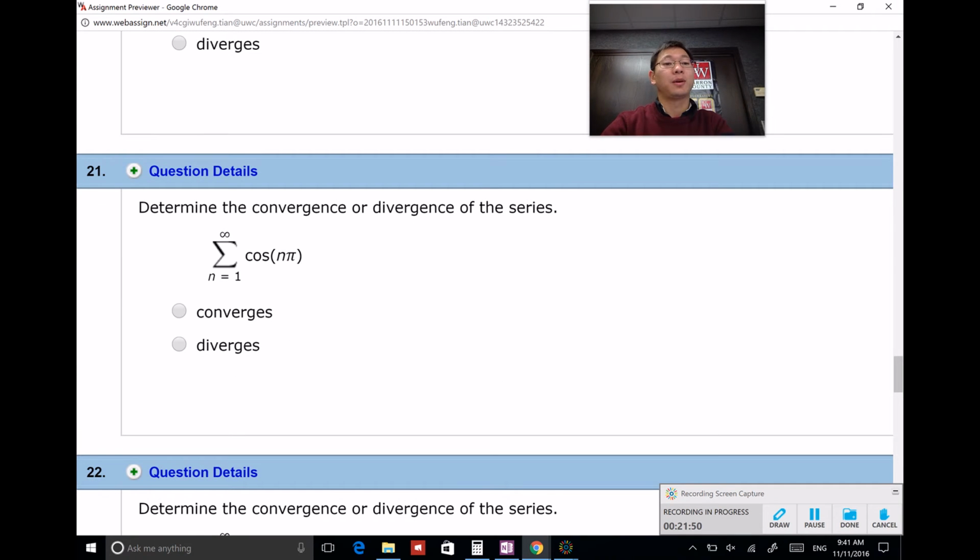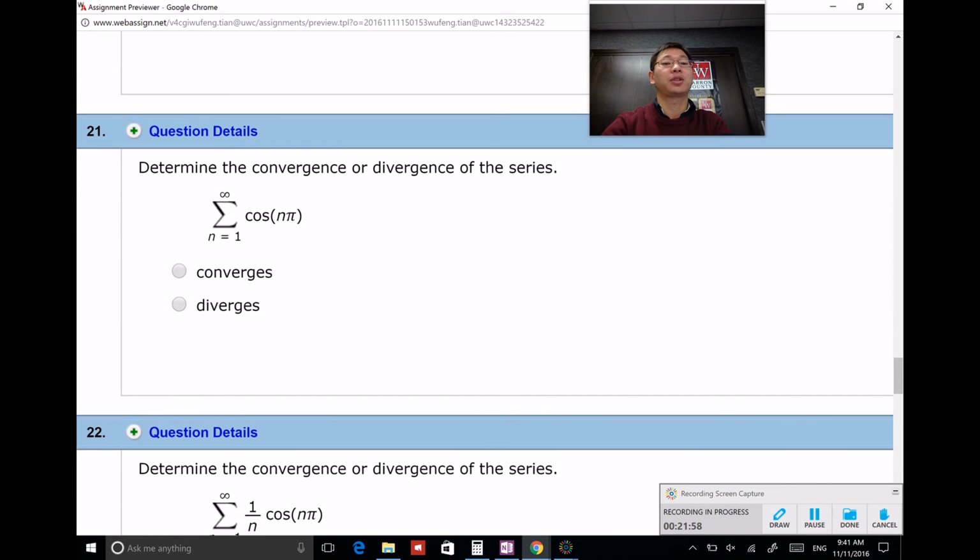Alright, so this one, I'm going to ask a student again. Okay, Matthew, could you please tell me if this one converges or diverges? Number 21. That one would diverge. Because? Just if it went to infinity. Actually, no. Would it converge because then it would just converge to either 1 or negative 1? No,